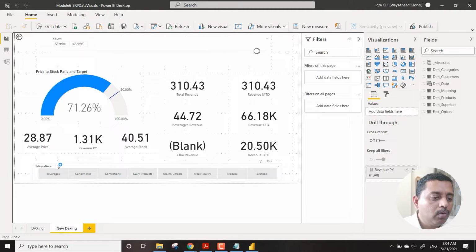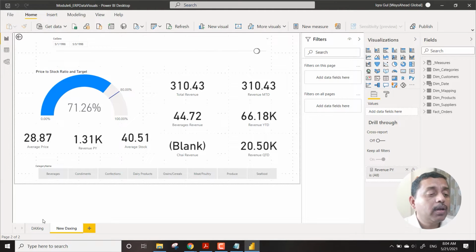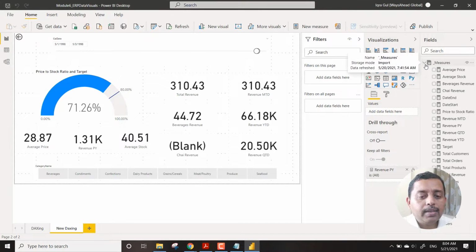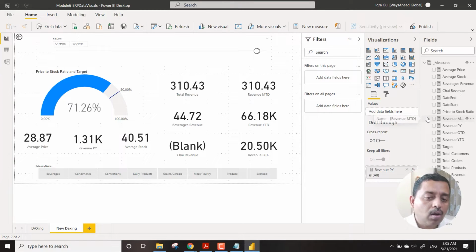Because whatever we have done till now is all about the DAX part, creating different types of DAX. We have already shared a reference with you in terms of DAX in case you need any further help. Let's have a quick look at the measures that we have already built, starting from average price and then stock, and then how to find out revenue for a particular category, particular item.